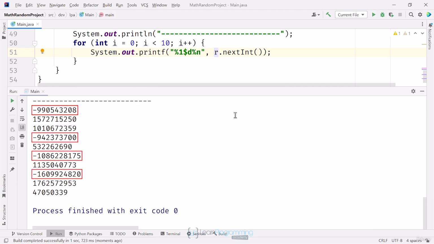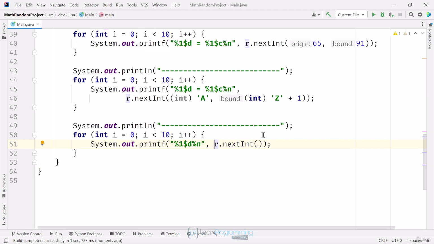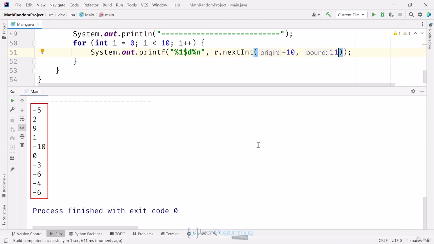randomised, including negative integers. I can specify a negative lower bound, which I'm not sure I've shown you yet in the course. I'll pass -10 as the lower bound and make the upper bound 11, so I should get random numbers between -10 and 10. If I run that, I can see that my integers are limited to -10 as the lower bound and 10